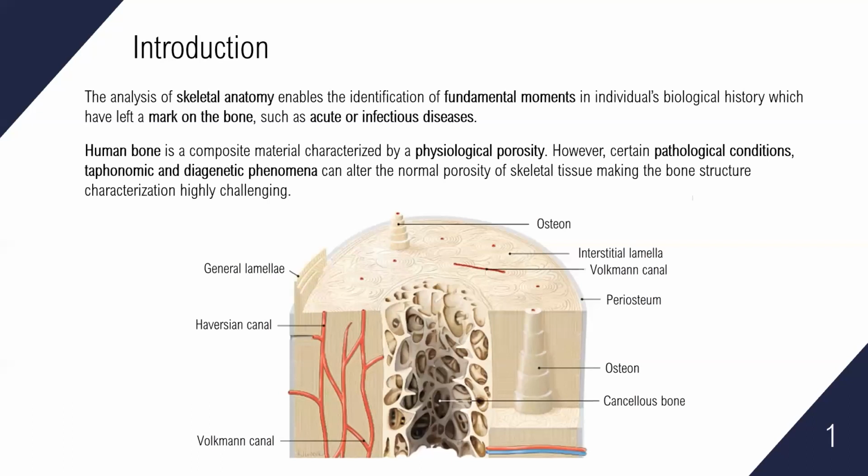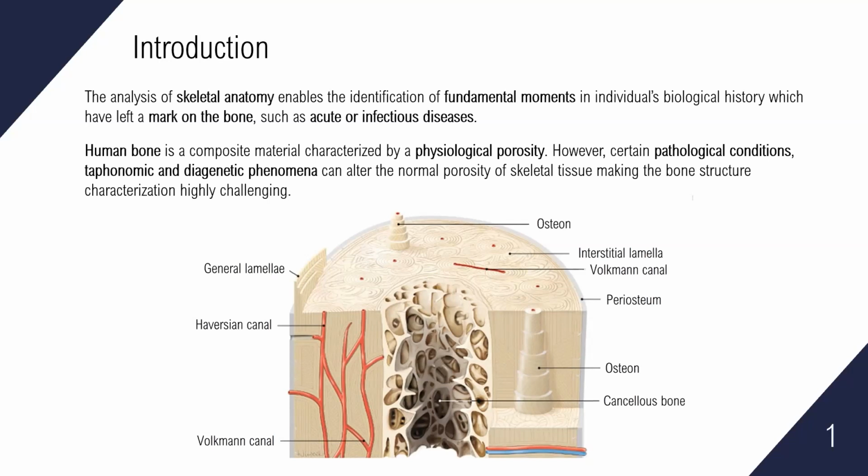The analysis of skeletal anatomy enables the identification of fundamental moments in their biological history, which have left a mark on bone, such as acute or infectious disease. Human bone is a composite material of a porous nature characterized by a complex architecture, which can be divided into a macrostructure and a microstructure. However, certain pathological conditions, and taphonomic and diagenetic phenomena, can alter the normal porosity of skeletal tissue, making the